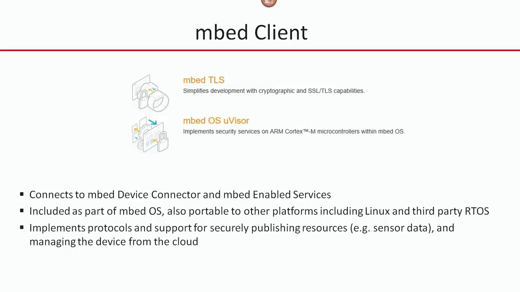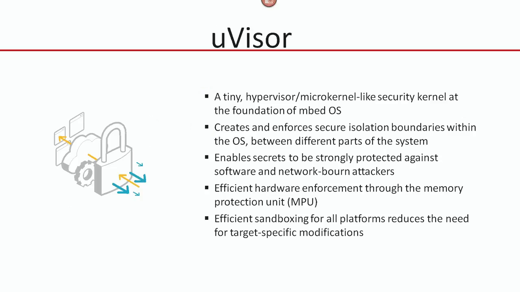And also within the device is a small microvisor which provides isolation for critical parts of the system. So the microvisor effectively provides a small container, an isolated region that defends secure data and secure functions